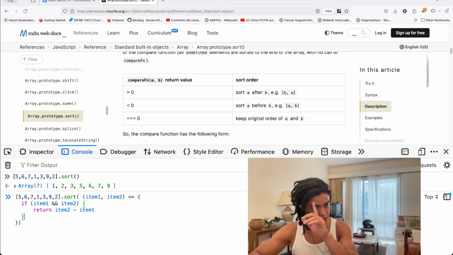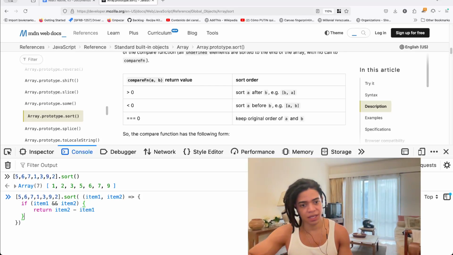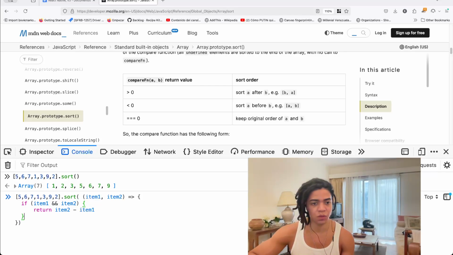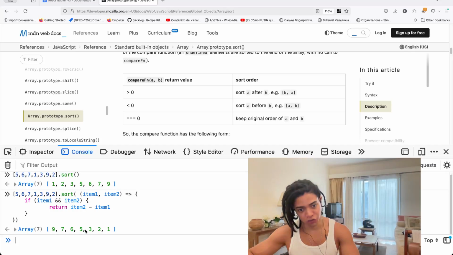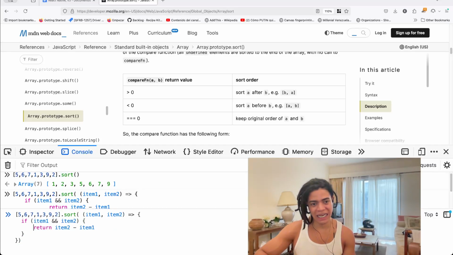This is if you want to sort it now in a descending order. So like that, we are sorting in a descending order. If we want to sort into an ascending order, we say, hey,